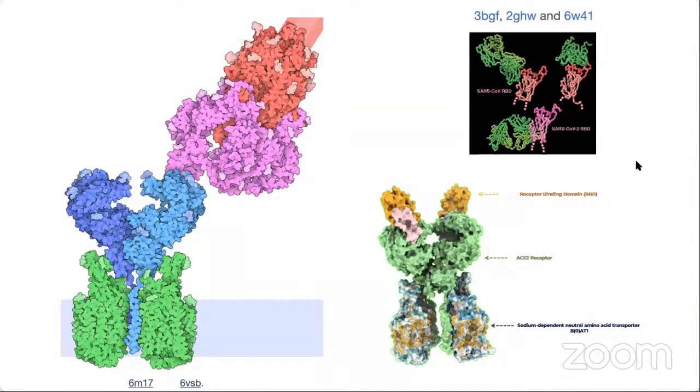So the structural basis of this antibody-antigen recognition is starting to get elucidated from these structures. These structures are helping us understand the mechanism, how it works. The spike is a major target of this protection, right? Since it is exposed on the surface of the virus, and these three protein structures that you can see on the left, which are 3BGF, 2GHW and 6W41. And you can totally search them by their 4-digit keyword.